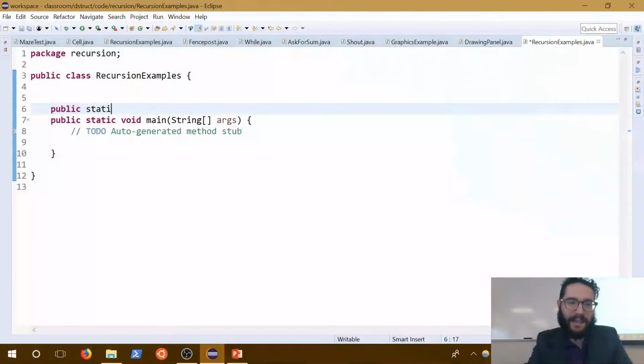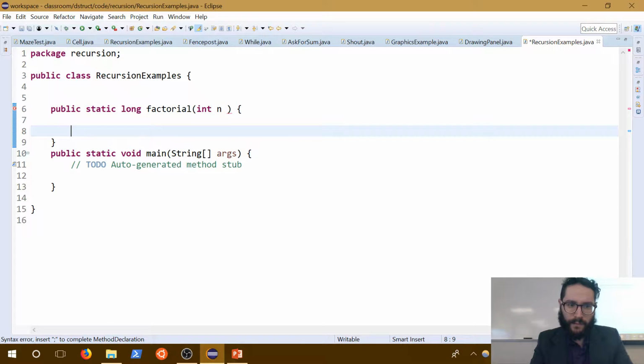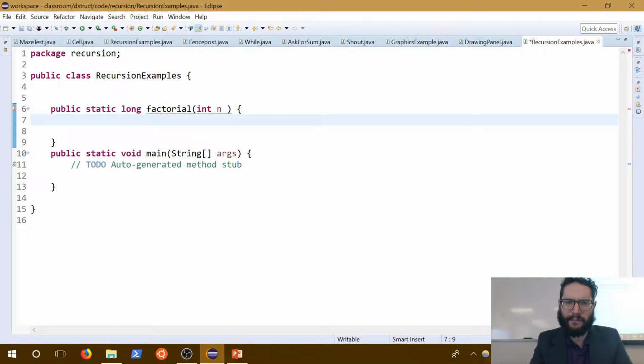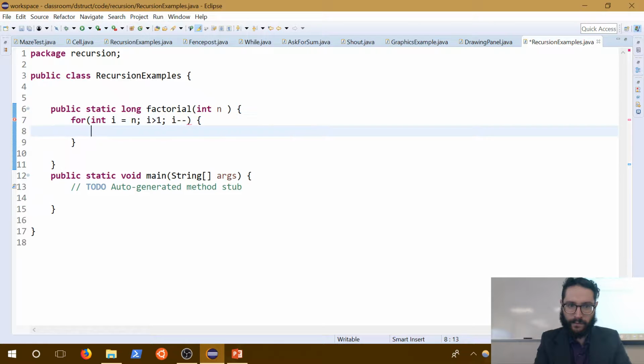Public static long, I'm going to have the factorial function return a long because it gets big really quickly. int n, right, since we're multiplying, so this is 5 times, so this is n times n minus 1 times n minus 2 times n minus 3 all the way down to 1. So for int i is equal to n, i is greater than 1, i minus minus, and